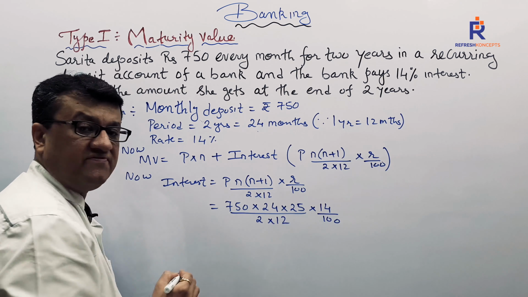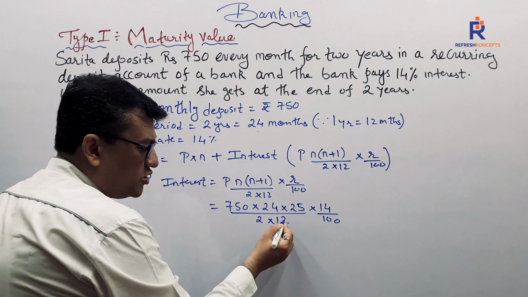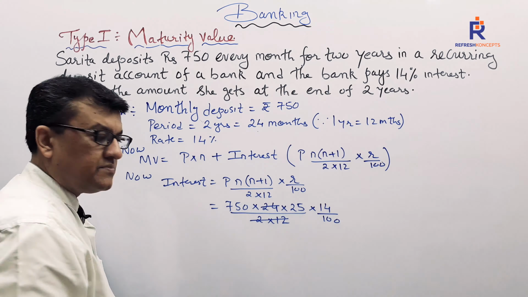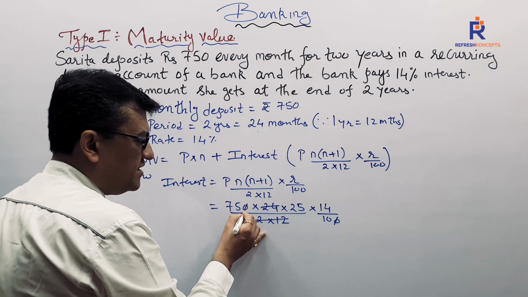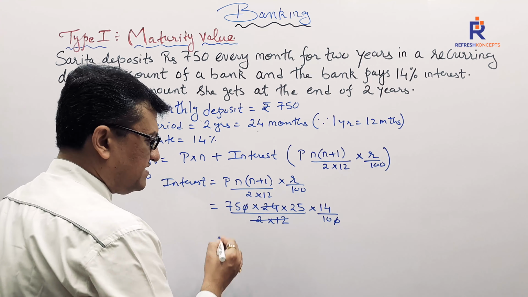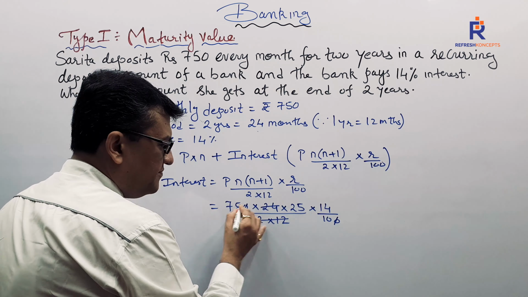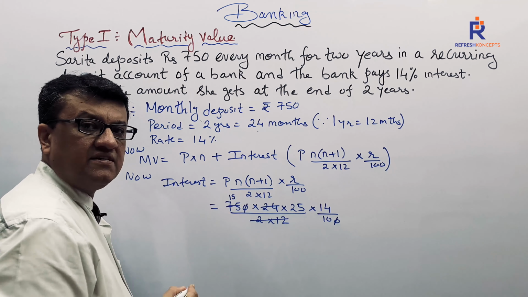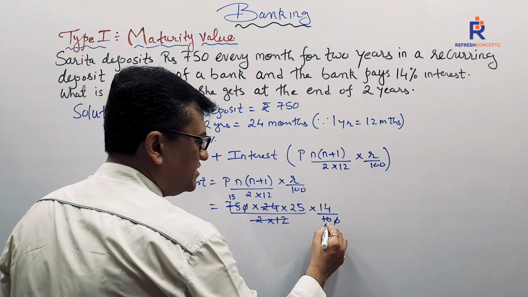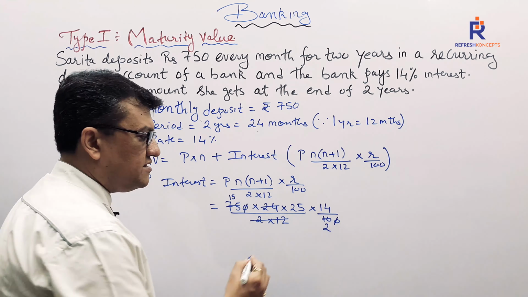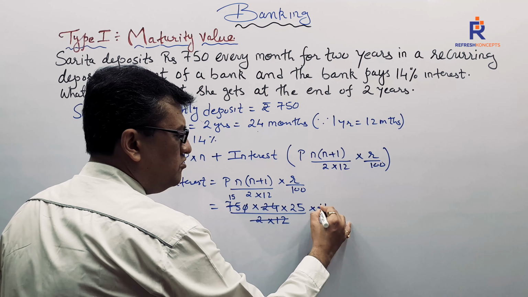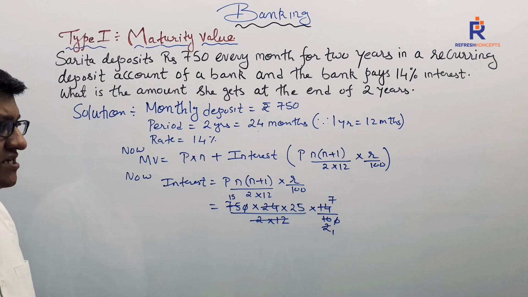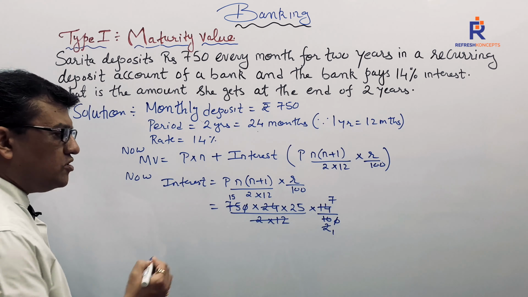Children, 12 2s are 24 and 24 cancels off. Then 10 and 100 cancel, and 5 15s are 5, 2 1s are 2, 7s. Anything else? Sure. So the answer is